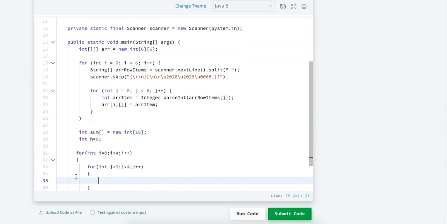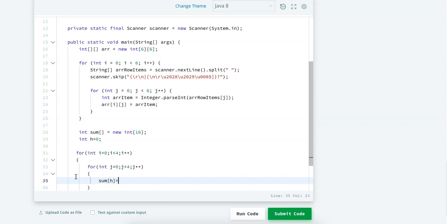Here the outer loop is to traverse the rows, and the inner loop is to traverse the columns. So why have I taken i and j less than 4? Because in an hourglass we are already accessing 2 values more when we are calculating the sum of an hourglass. When I write the complete solution, you will come to know what exactly I mean here.